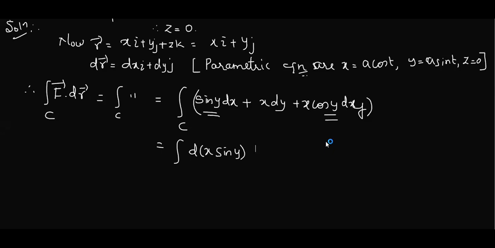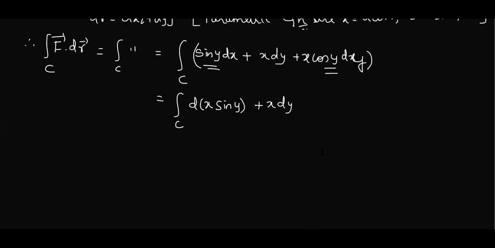See, how do you differentiate x into sin y, by which rule? Product rule. Keep sin y as it is, the derivative of x is dx, plus keep x as it is, the derivative of sin y is cos y dy. So these two terms you can write like this. This is an important step; if you don't do it, you cannot evaluate and get the answer. So mark this step with a star, and you can remember it easily.